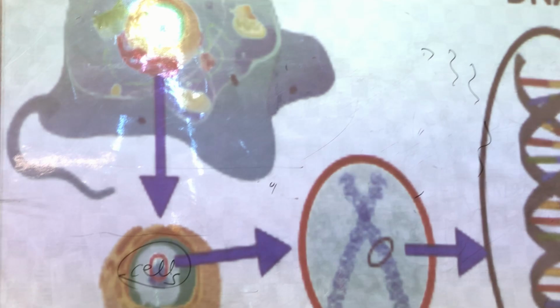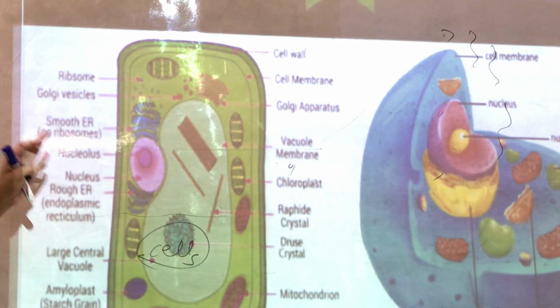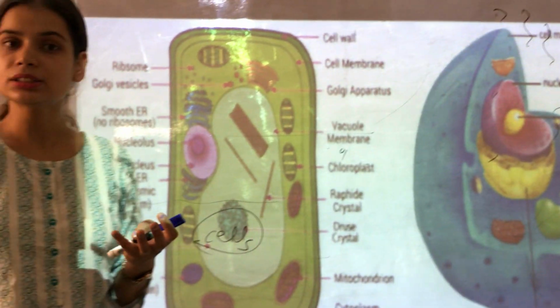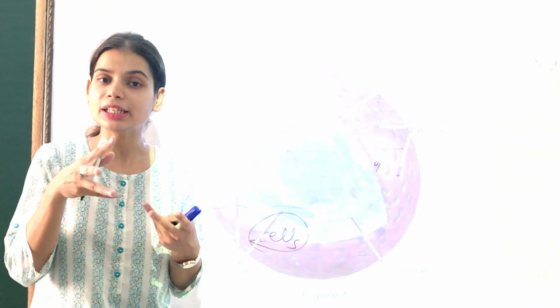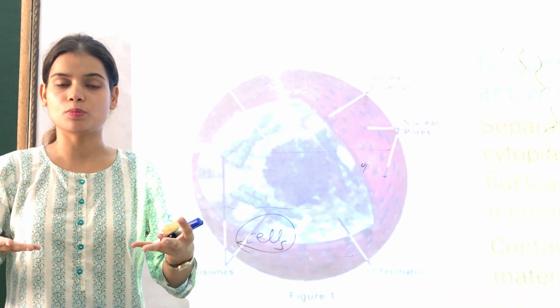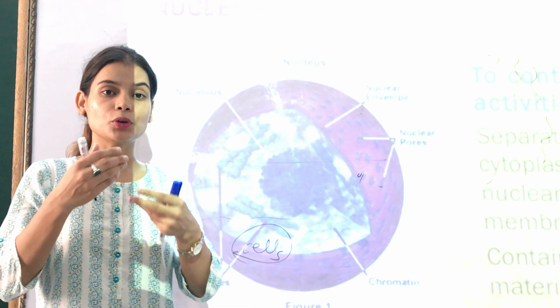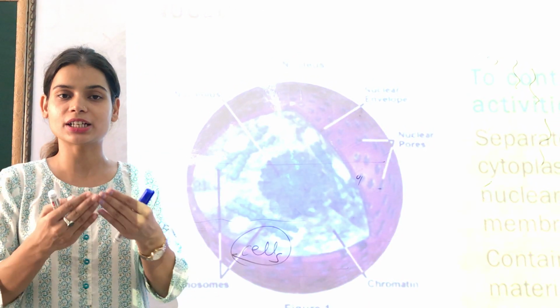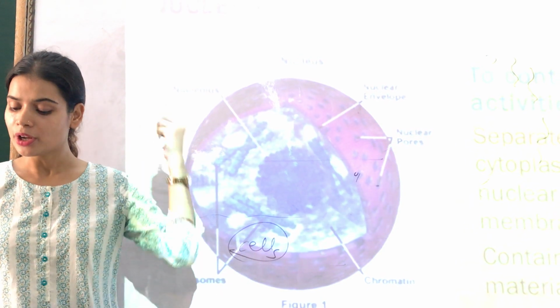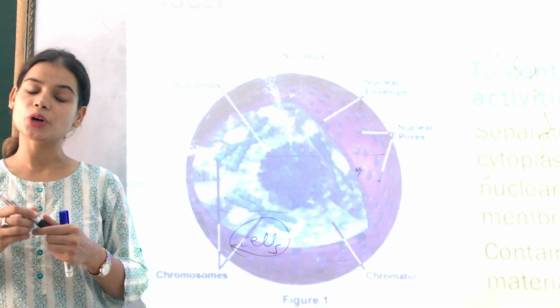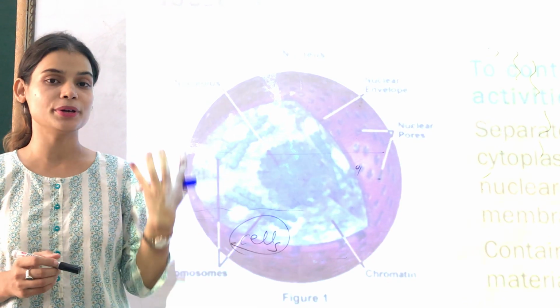Children, I hope you understood what is a cell, what is a nucleus, what is a nuclear membrane, and what are chromosomes. Chromosomes are basically protein which contains genes, and we have also covered the importance of genes. Now I am very sure you can easily tell that nucleus is the brain of the cell.